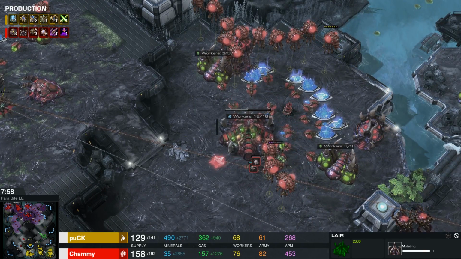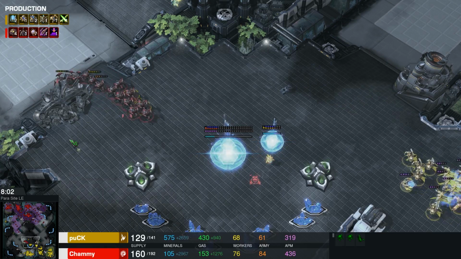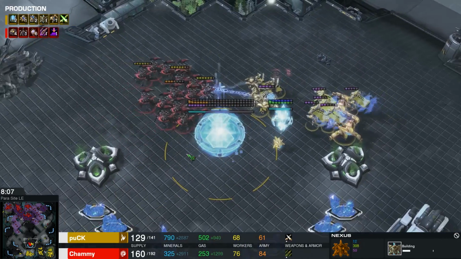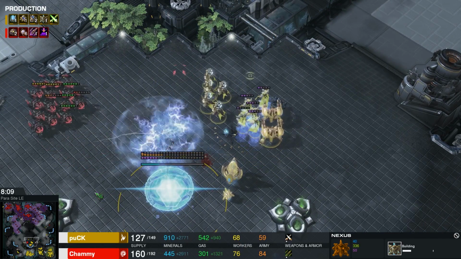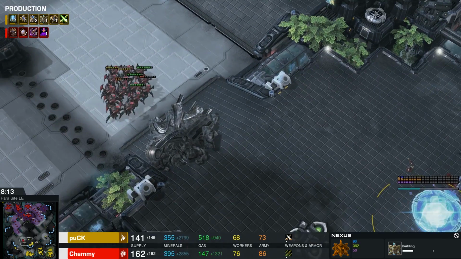Greater Spire can be morphed in very quickly. I like the idea. It's kind of cool. Regardless, while a small group of roaches right here is pushing through the center, trying to deny this 4th base from Protoss, we also saw that double Overlord drop already making their way towards the main base of our